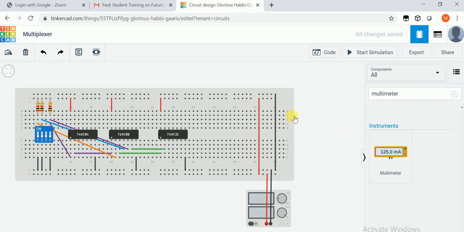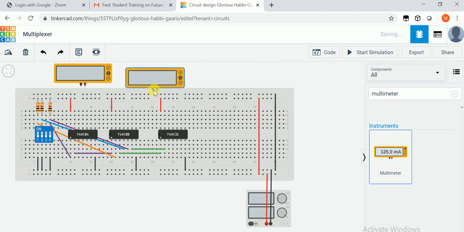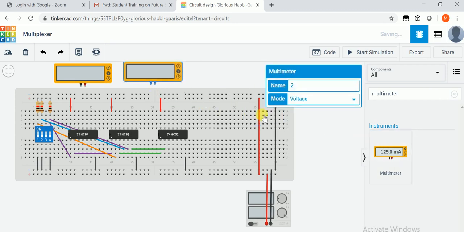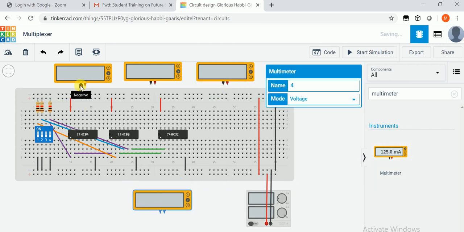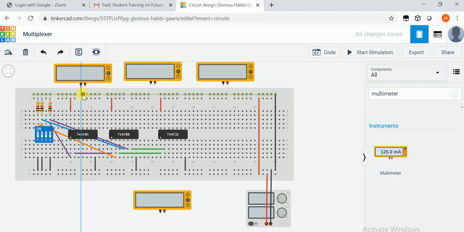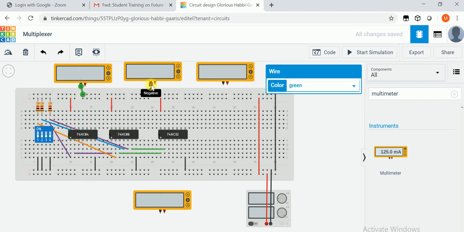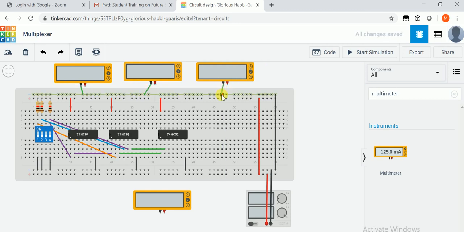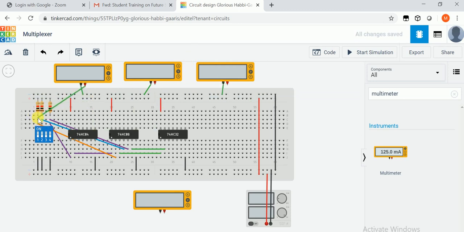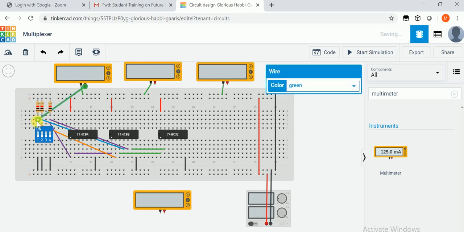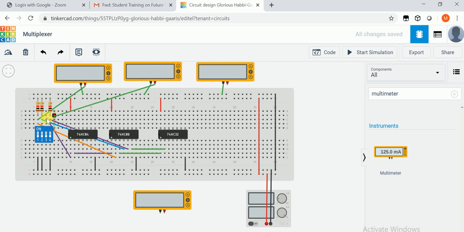So let's connect all the multimeters. We require 4 multimeters: 2 for I0 and I1, one for the selection line and one for the output. So connect all the negatives to the ground. All the negative connections have been connected to the ground, and all this positive, this should be I0, this should be I1.